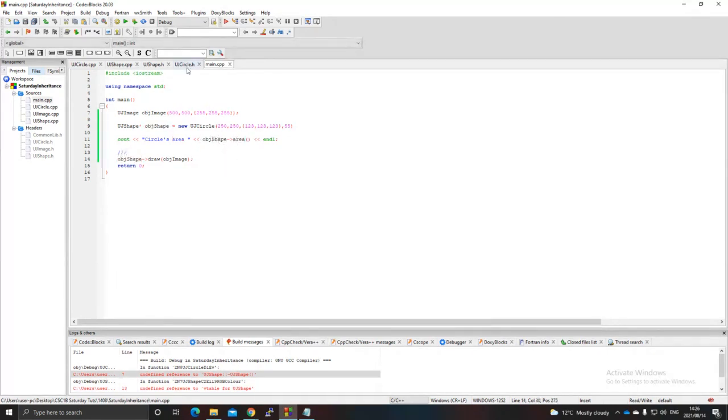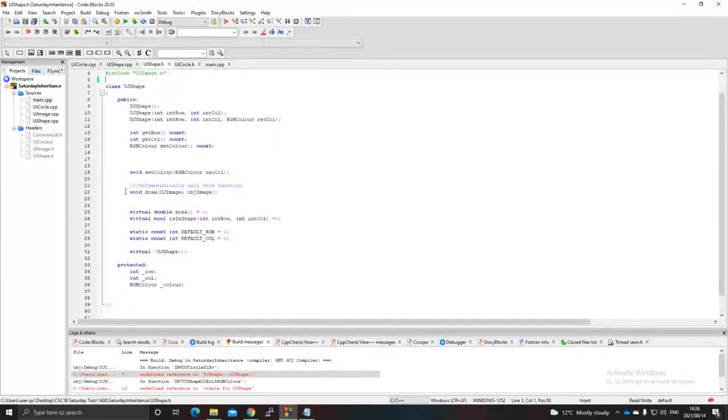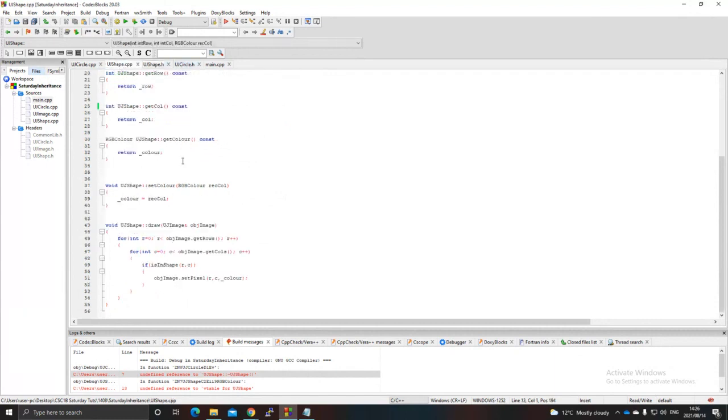You call the original one, it's gonna go into the UJ shape, it's gonna come in here, it's gonna say, okay, draw is a virtual function, isn't it supposed to be virtual? But yeah, it's gonna come into the draw function, and draw is supposed to be implemented. So it's gonna come into the draw function, and it's gonna set the pixels in the image at that specific row and column, and then what it's gonna do is